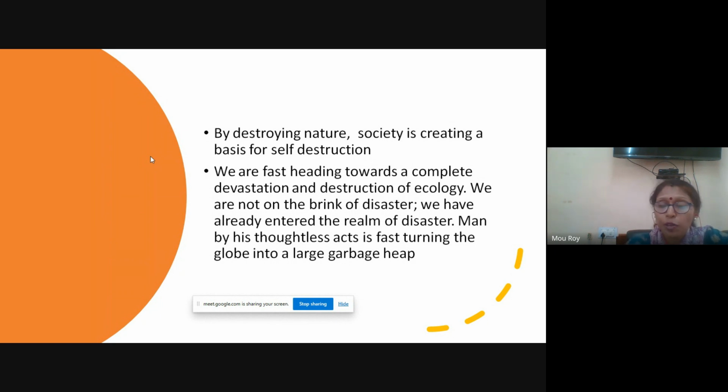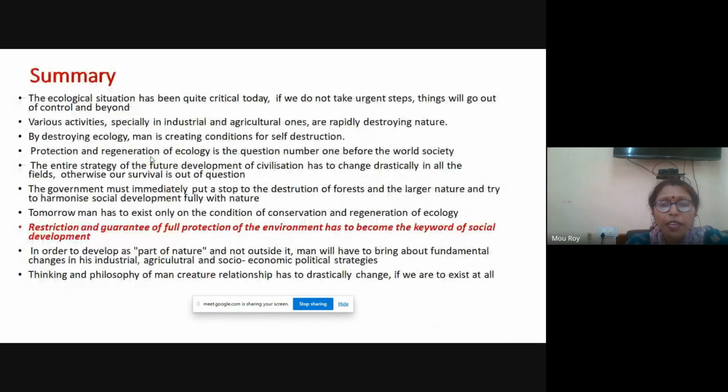Now there are also policies and legislation. The stakeholders and the government play a very crucial role in enacting laws and regulations that promote nature conservation. These include wildlife protection acts, environmental impact assessment requirements, and sustainable development policies. These policies and legislations are usually made by the government. Then comes international cooperation.